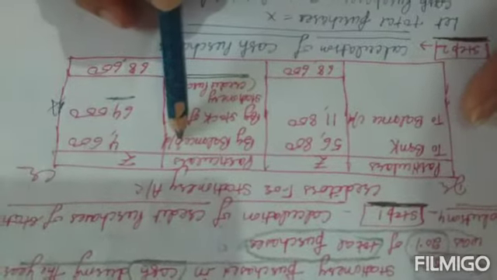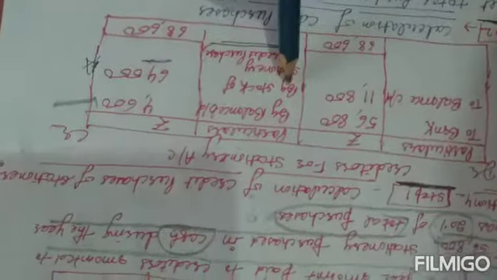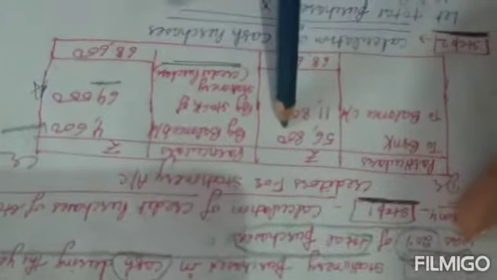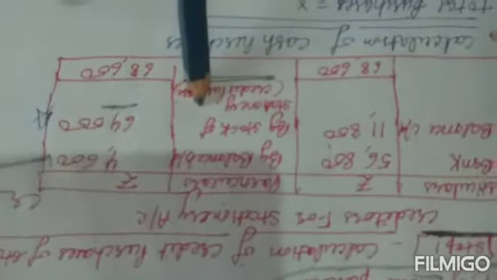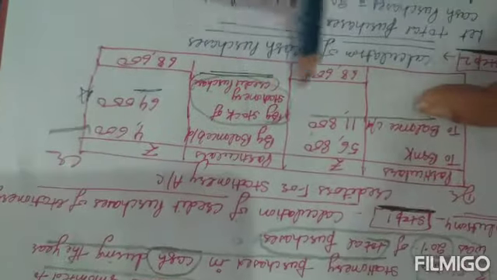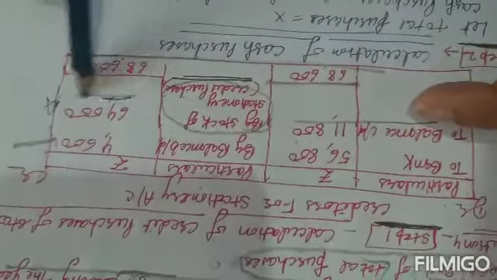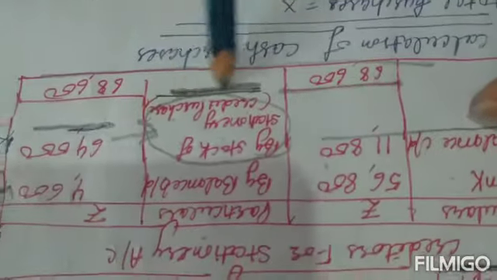The opening balance of creditors will be posted on the credit side because these are liabilities. By balance b/d we will take the amount from here, creditors for stationery opening balance 4,600. Then there are payments made to the creditors during the year, 56,800. We'll make the entry creditors to bank and post 56,800. And by balance c/d 11,800 is the closing balance. After totaling both sides we get the grand total 68,600. We get the balance 64,000. We will write here stock of stationery, means this is a credit purchase.